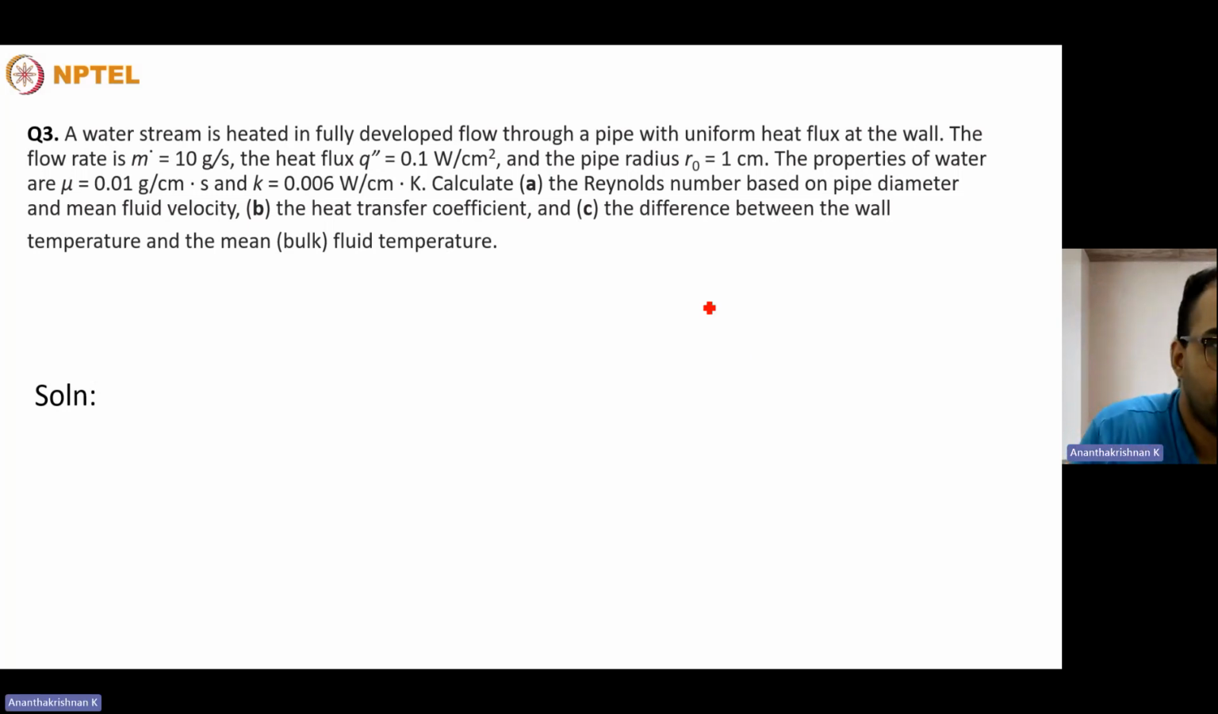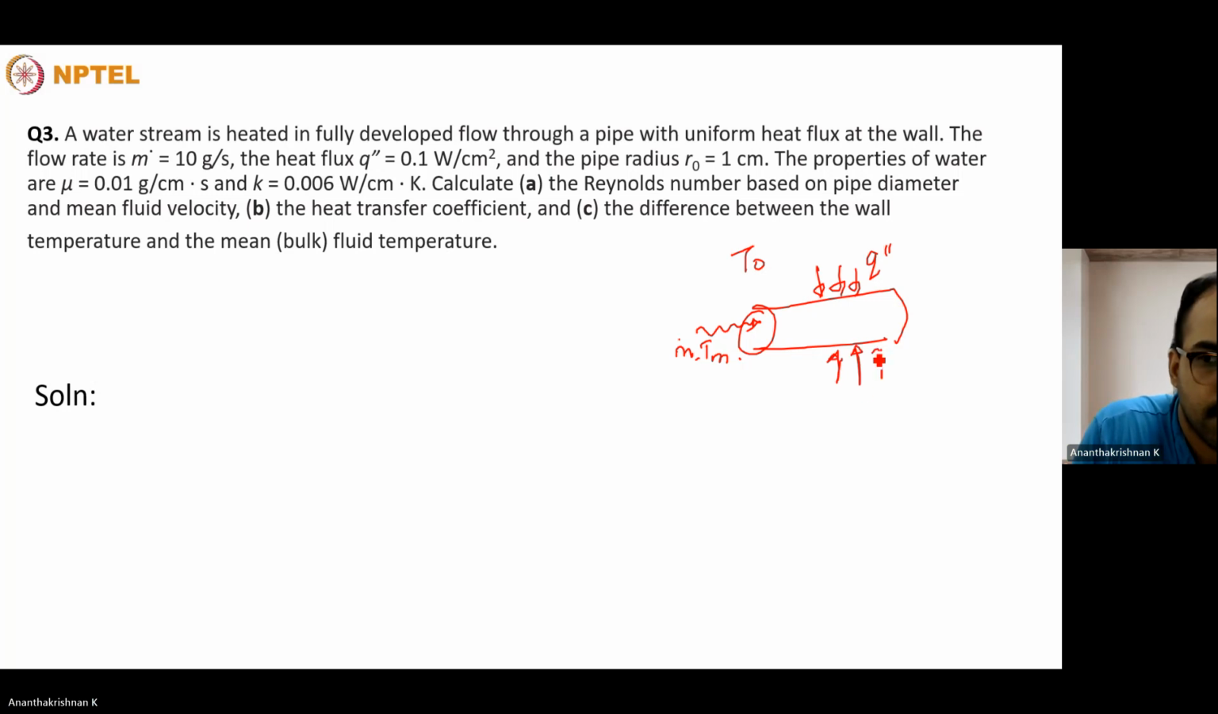So we'll try to draw the schematic straight away. So it is T0, mass flow rate, mean temperature, heat flux is a constant, and the diameter. So given values straight away